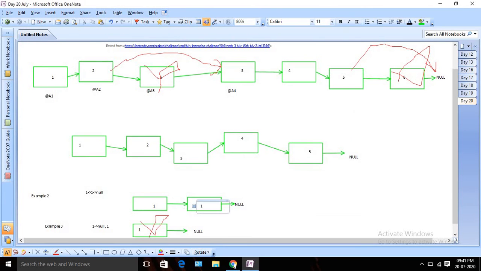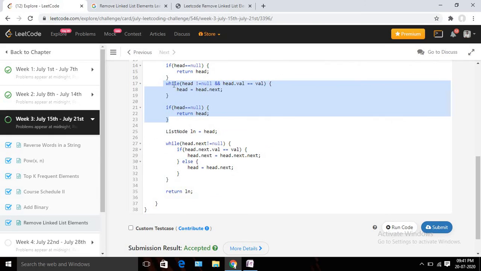Suppose you have multiple 1s, again we need to delete them. If you have multiple 1s in the input, then we are iterating and checking whether there is any 1, and we need to delete both the 1s, okay? To cover those scenarios, we are running this while loop. At first we are making sure there is no node with the value that we need to delete, right?